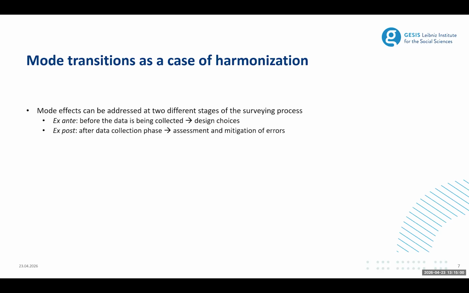I said before, and I'm going to say this a couple more times, that both deterioration and improvement of data quality impacts comparability. Thus, it is central that we assess data quality no matter what. Even if we retain the same mode, we still have to assess quality over time in order to mitigate errors and harmonize data across time and across survey modes. There are several ways to assess and mitigate both errors of representation and errors of measurement, and that's what I'm going to present to you next.